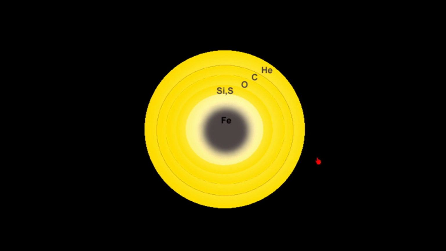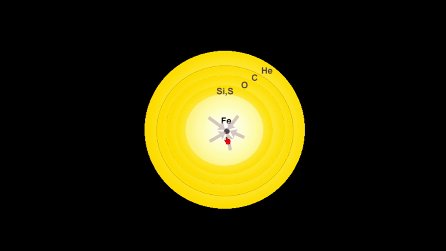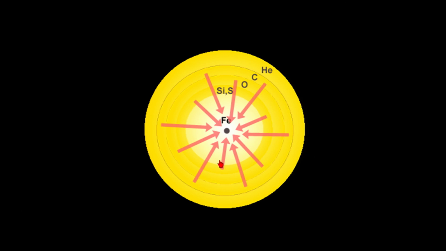Now, what I'm about to explain takes place in just a matter of a few seconds. The core of the star will collapse due to gravity into something very, very small. We'll talk in a future video about what it becomes. All of these layers that had been previously separated from previous generations of fusion will now also start to come crashing down into this emptiness. The core that was previously this big iron core has been crushed down, and so now you have an empty gap, or an empty void, that is going to be filled by all of these other elements crashing down.